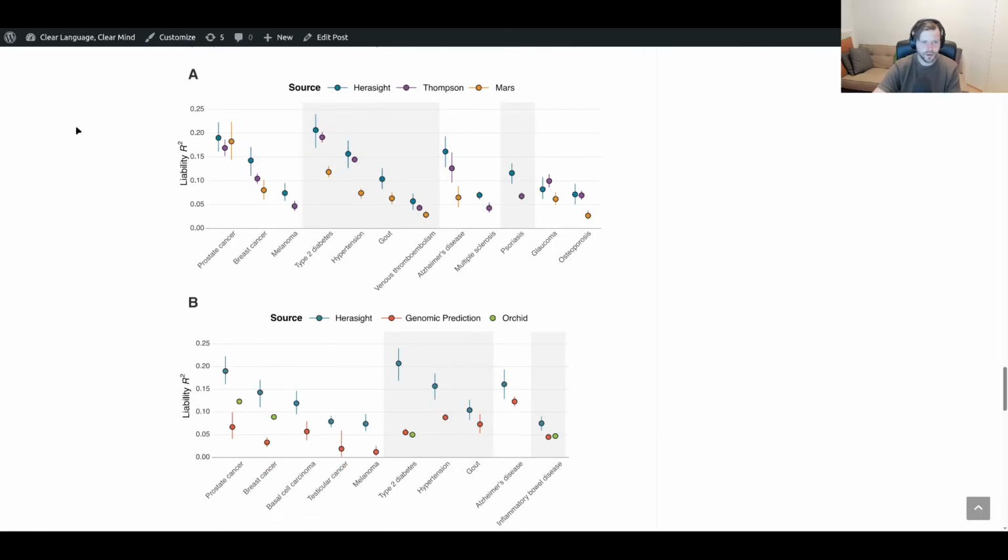Finally, they compared their model results to those of the academics. So here they have two studies, Thompson et al. and Mars et al., as I recall. And we can see that for many cases, prostate cancer, Heresight does some additional fine-tuning of the models, trying to really squeeze out extra validity using